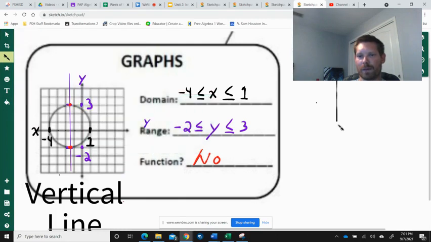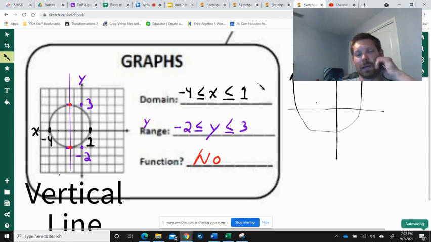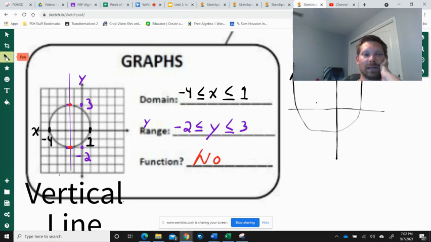I'm just going to make up a random graph here. And I'm going to draw a quadratic function, so a U like that. That's something we'll cover in this class. It'll be a while till we do. But if I do the vertical line test on that function,